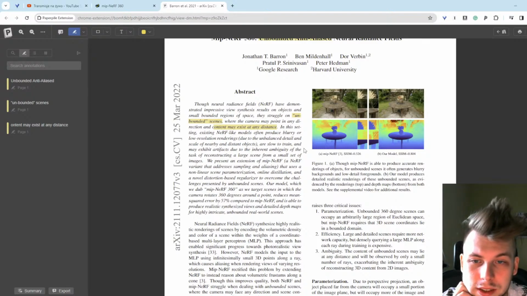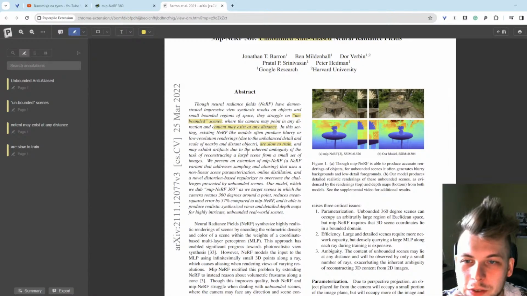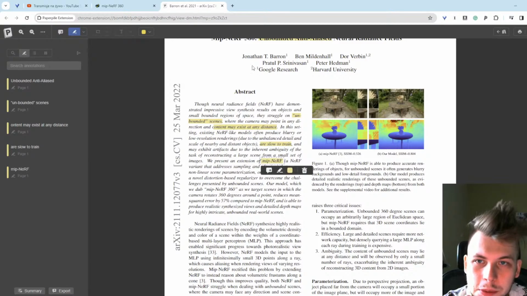They are slow to train, but honestly, all the Mip-NeRF solutions are also slow to train, so yeah, it may exhibit artifacts due to the inherent ambiguity of the task of reconstructing a large scene from a small set of images. We present an extension of Mip-NeRF, great, that's from the same authors by the way,